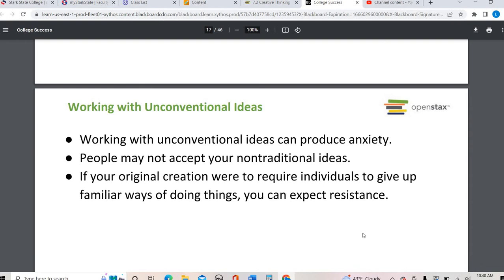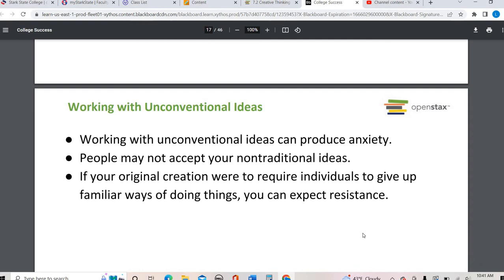In my SSC 101 class, they have to come up with alternate uses for common everyday objects. And they have to compare, how do they do this on their own? What does their list look like? And then what does their list look like once they talk about it in a group? And almost all the time when they talk about alternate or creative uses for everyday items in a group, the list is more, I would say, what they consider creative. There are various uses.